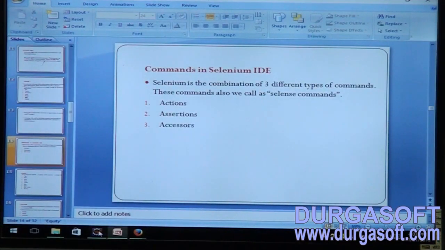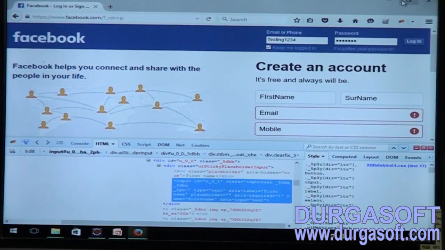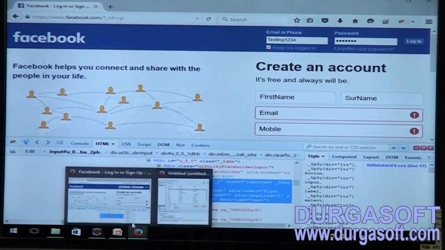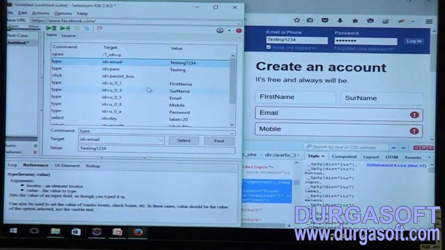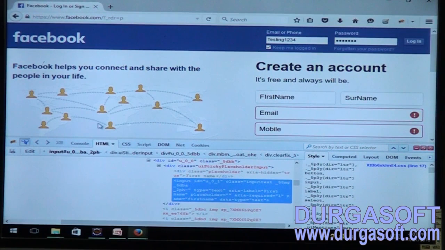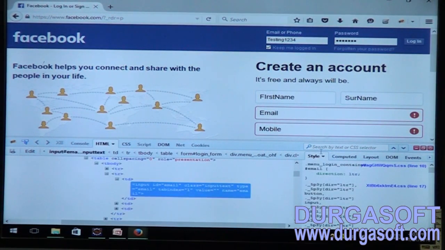So far we worked on the facebook.com application, team, and we have captured the locations, right team? So let me open the Selenium IDE. If you look at this Selenium IDE, team, what is the locator ID equals email? What is this ID equals email, team? This is nothing but the location of the email edit box. So let me identify the email edit box locator. You can see ID equals email, right team, over here. That is what it is going to show you in the Selenium IDE.